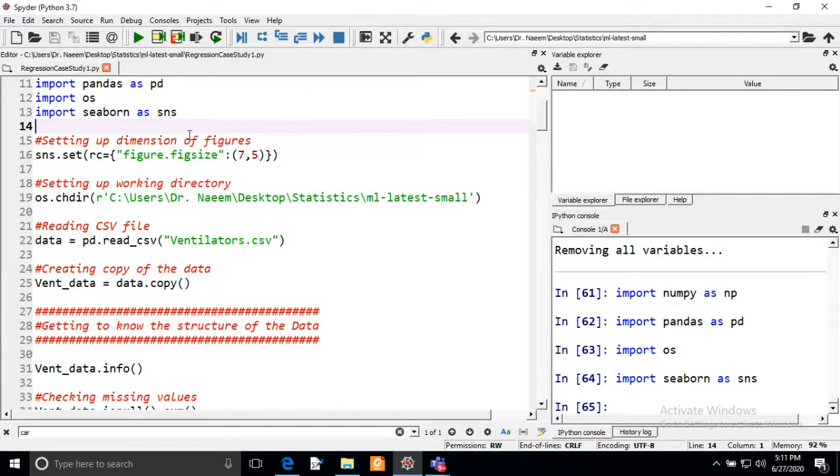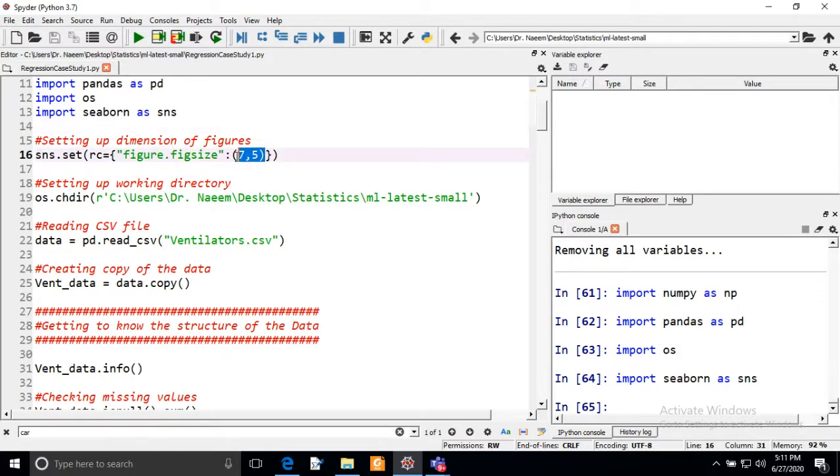Now the size of the figures can be default, but I want to display the figures with a customized size. So I'm calling the sns.set function, and I am passing this information, and this is the size of those figures.